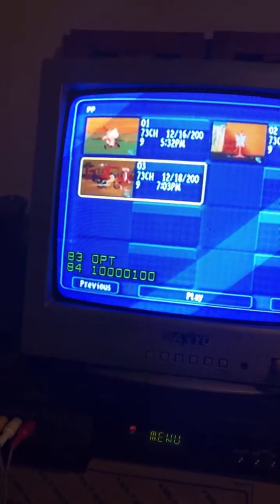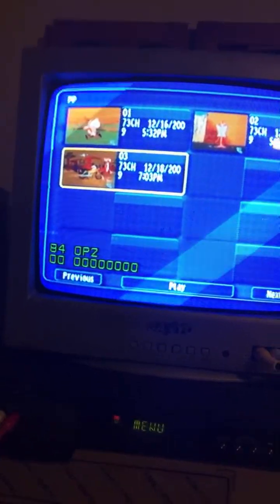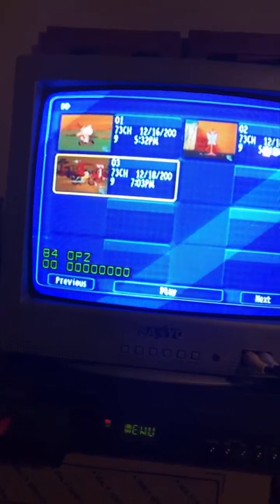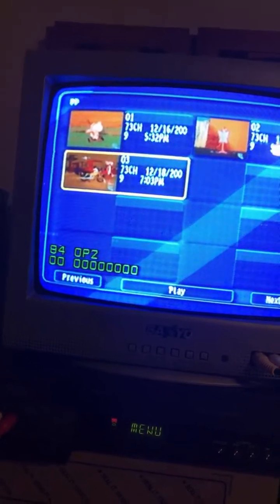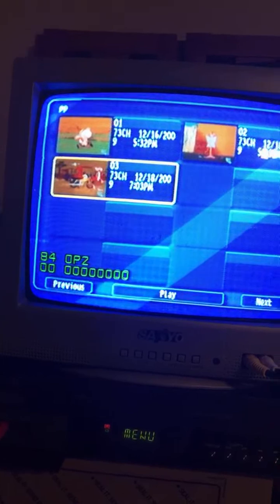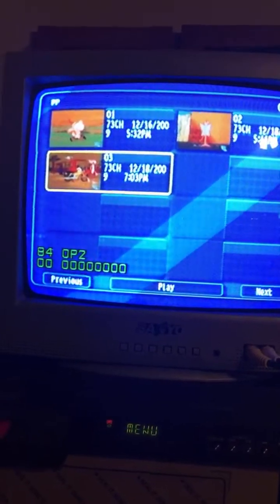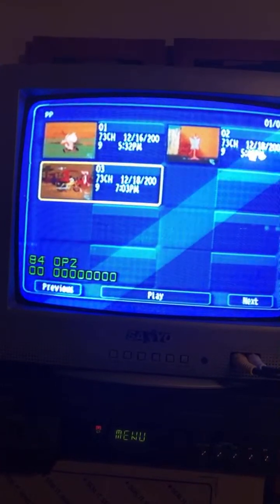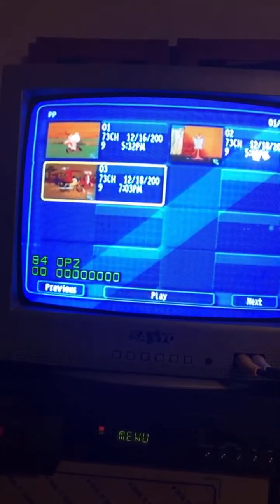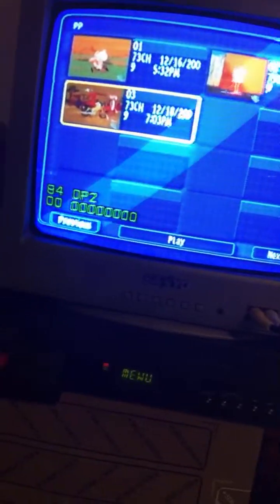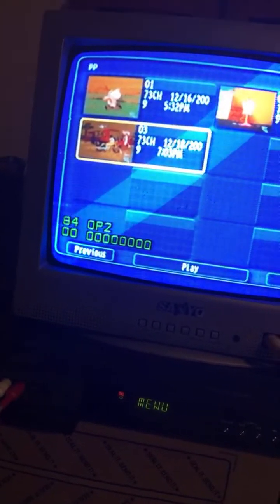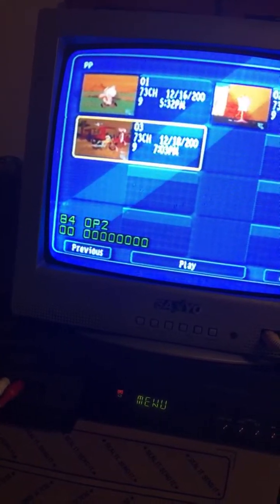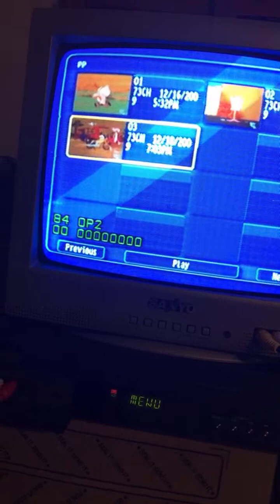Alright, so the next one is OB2, which is 84. Initial value is 0, and this is game/V-guide option. I can't remember what the V-guide does on this TV. Honestly, I'm looking at the manual for this, and really for the V-guide, I think it has something to do with